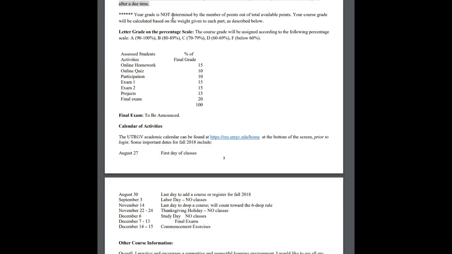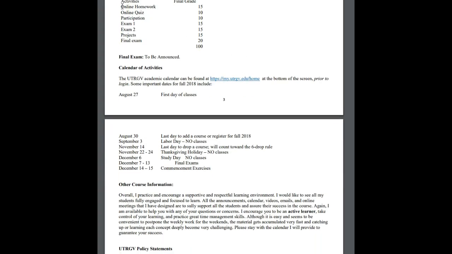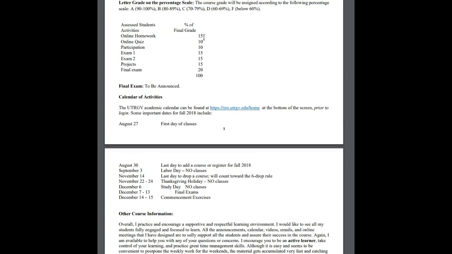Your grade is not determined by the number of total available points. It's calculated by the percentages that I have here. All the online homeworks by the end of the semester determine 15% of your grade. All the online quizzes, 10%. Your participation, 10%.